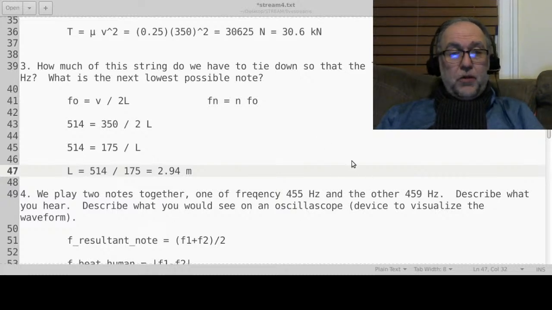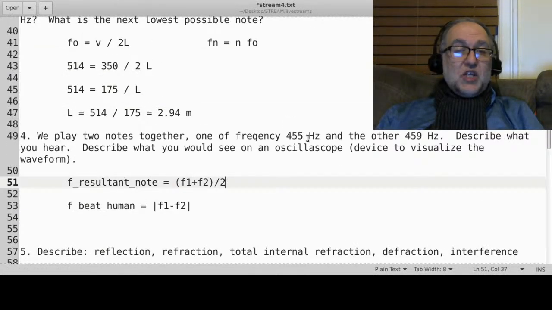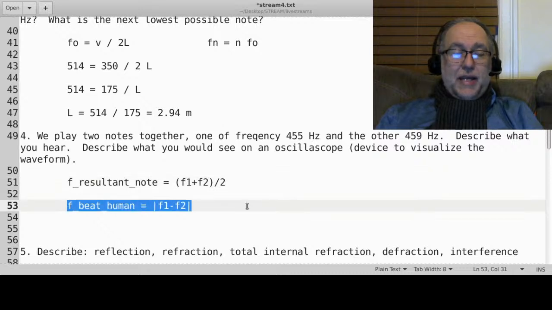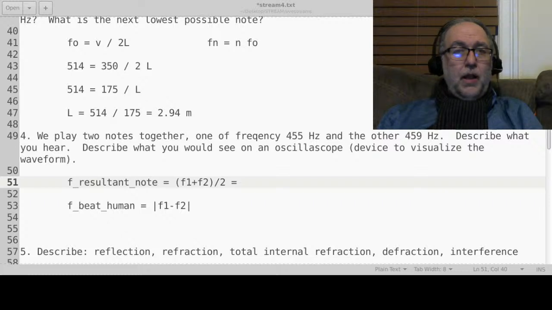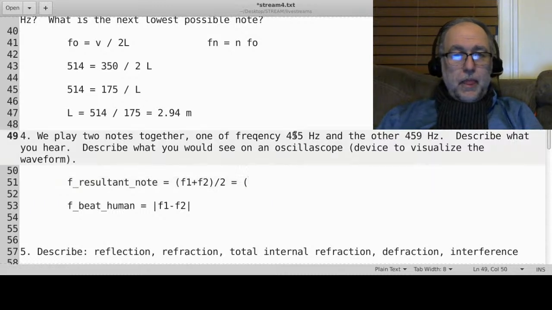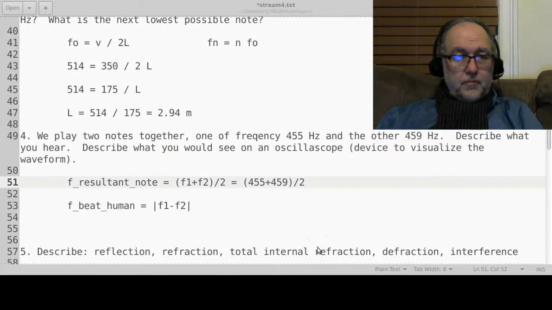what do you hear? What you hear is this. You'll hear a resultant note, which is actually the average of the two, and you will hear a beat, which is the difference between the two. Let's calculate those, and then I'll show you how they work. So let me substitute. There are the two frequencies, and the average of that is going to equal,